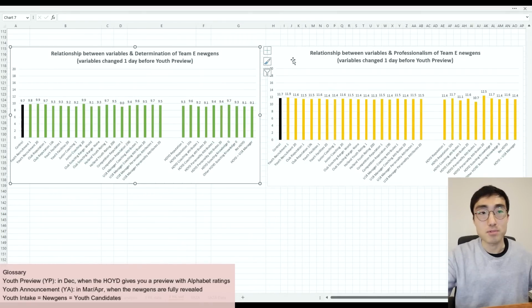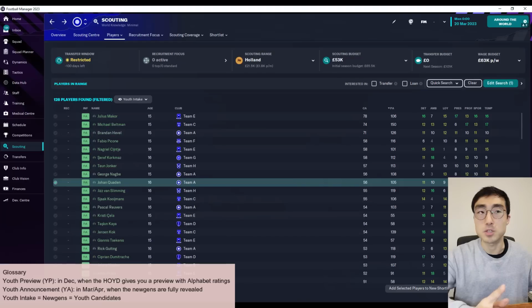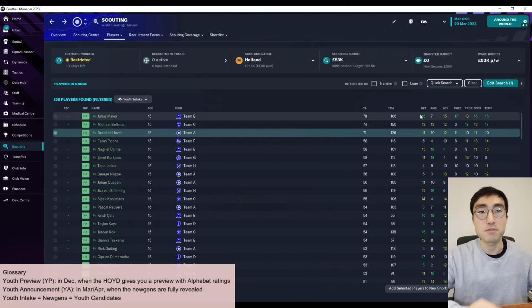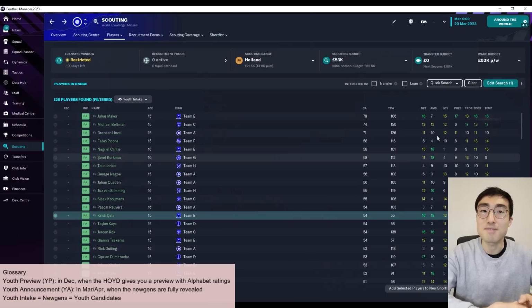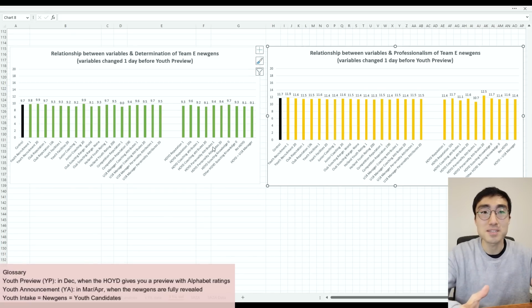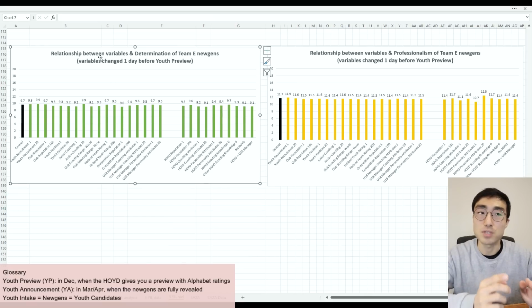Alright, moving on to the third presentation that I wanted to make today, which is focusing on the personality attributes of players. Now, while I was running all these trials, I have recorded all 7 attributes that contribute towards a player's personality in Football Manager, including determination, ambition, loyalty, pressure, professionalism, sportsmanship, and temperament. However, if I converted all that information into bar graphs, the graph would just look really enormous and it'll just be an information overload. So what I will do today is to just present to you 2 attributes, determination and